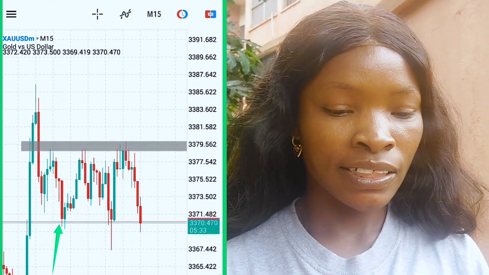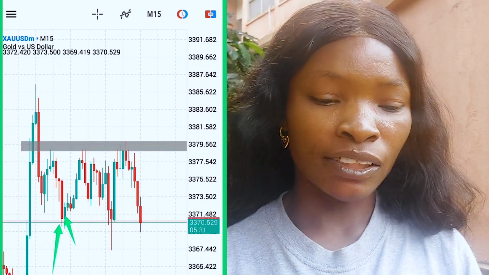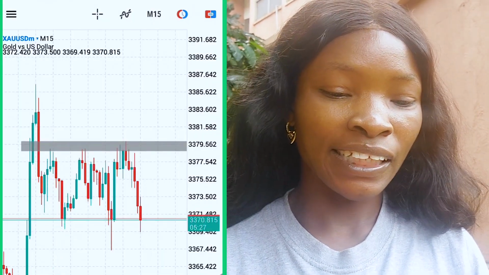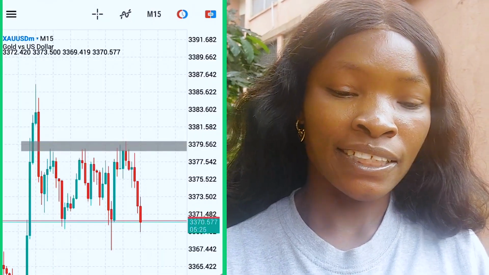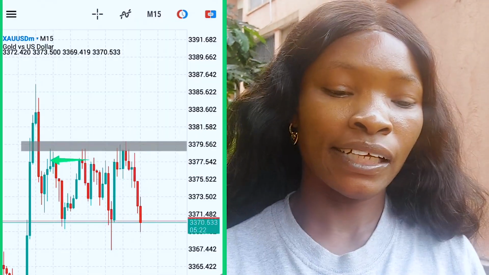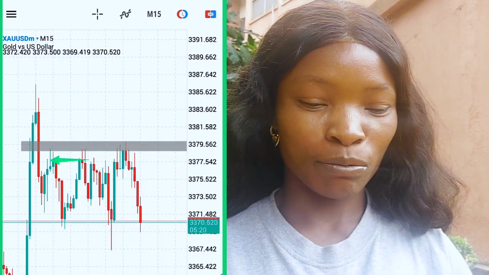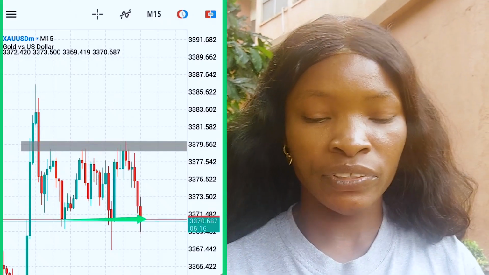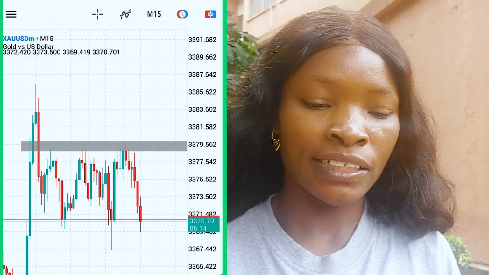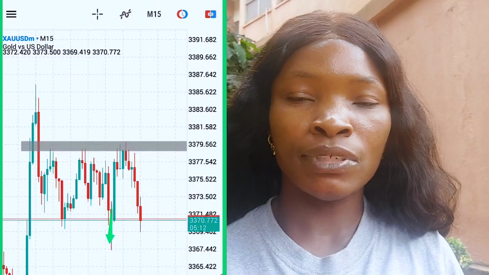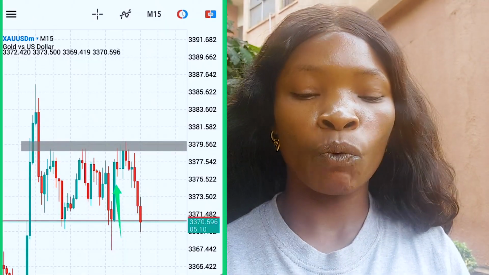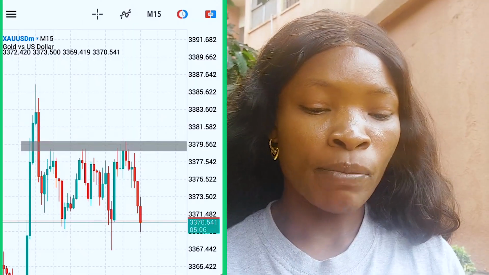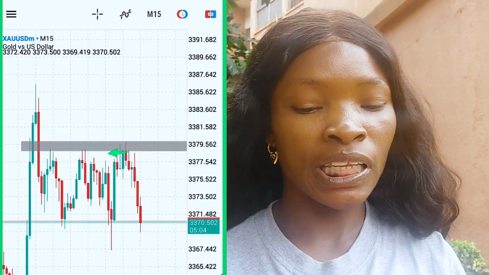Now you see right here, the bears pulled down the market. The bulls said no, they pushed it up again. And then the bears said no, you can't go higher than where we brought you down from. You see that, right? So the bears brought it down again. This is a massive challenge in this line right here. So nobody is accepting the other to go higher or lower than the other. You see that, right? So at the moment you are seeing this, we are going to place a trade